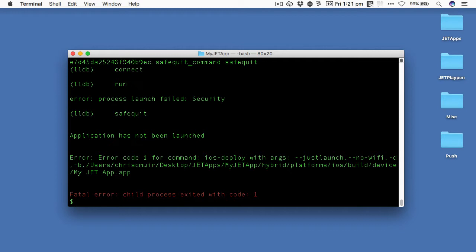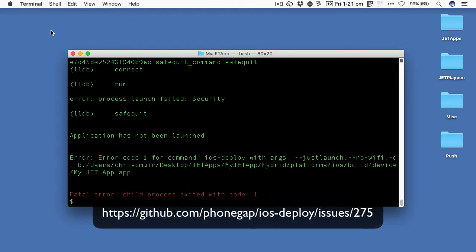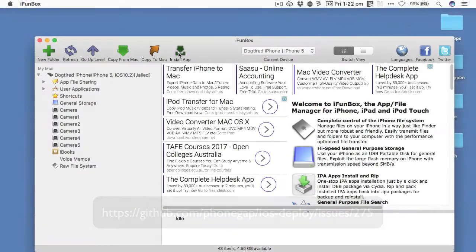Now unfortunately, there is a current bug with Cordova's build mechanism, which Jet relies on for iOS deploy, which may result in the application being built but deployment failing, as you can see here. The actual issue can be found via this URL so you can keep track of it. As a result, until Cordova fixes this, you'll need to sideload the application onto your device via a third-party Mac